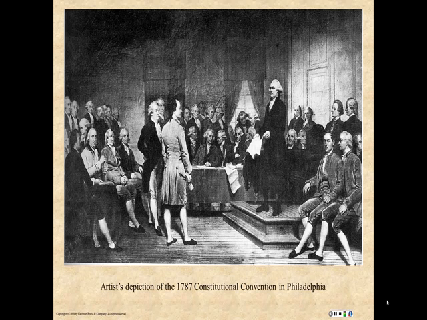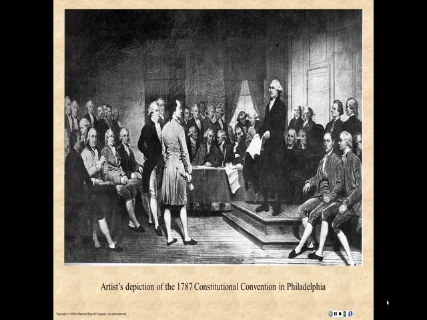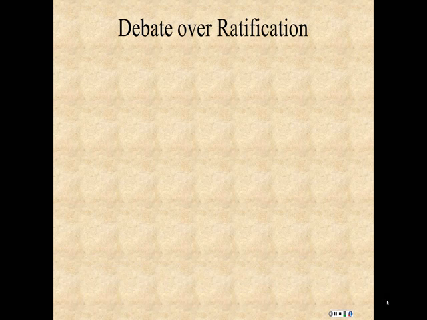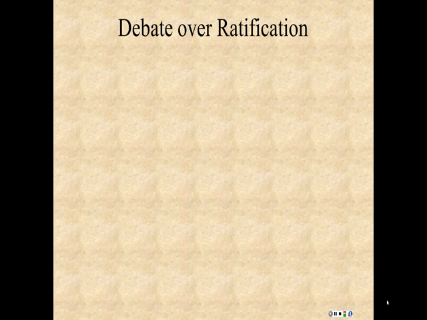So, all easy, right? They compromised, they came together, they figured it out, they solved their differences between states and federal power, and they didn't address real controversial stuff like slavery, and so here it is. They signed it, they ratified it. Wow, great stuff. Well, actually, they didn't ratify it yet. They just created the document, and wait a minute, not so easy. In fact, what ensued after the creation of the document in the summer of 1787 was a huge debate over ratification. The nation and the founding fathers themselves could not agree on this Constitution.